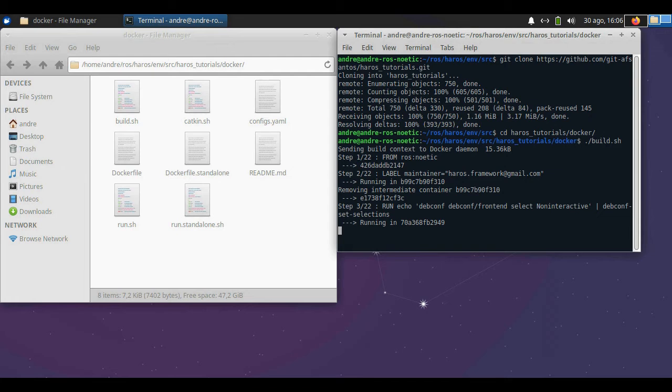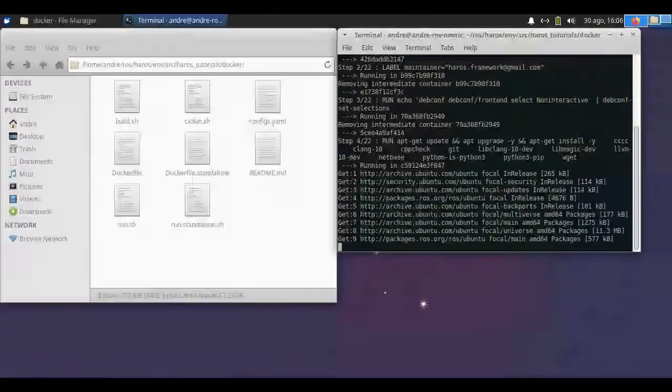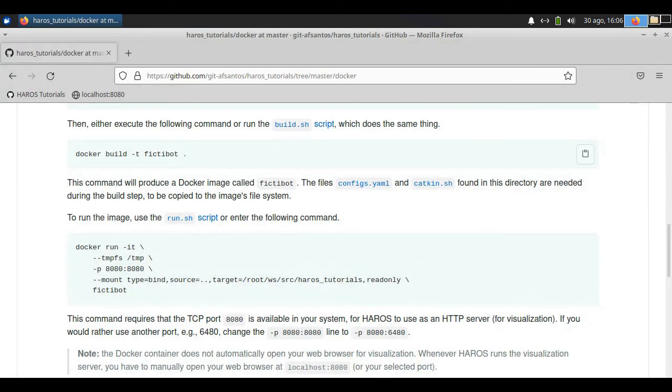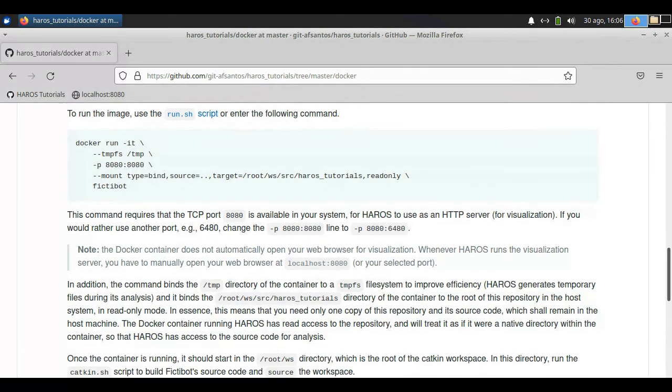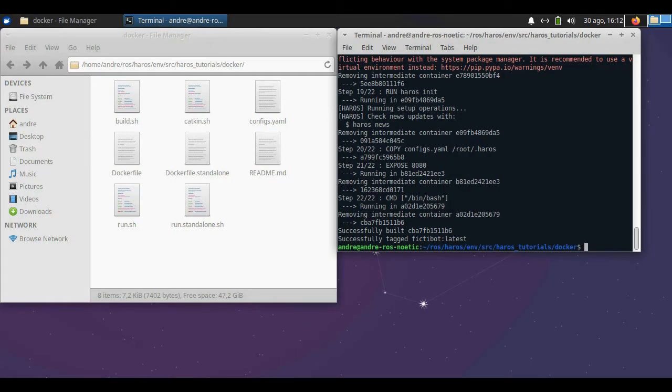And while it builds, we can go back to the instructions and check that the next step is to run the run script once it finishes building the image, which will start the Docker container with HAROS already available within it. Okay, after a few minutes, it's finished building the image.